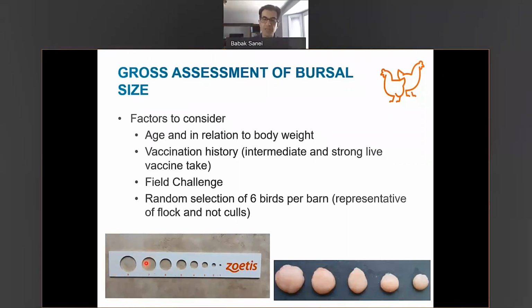But if you suddenly open a 30-day-old bird and you have a bursa that is around 3 or 4, you may suspect you have some immunosuppression there. I want to re-emphasize that just a small bursa doesn't mean you have IBD, because as I said, there are other things that can cause